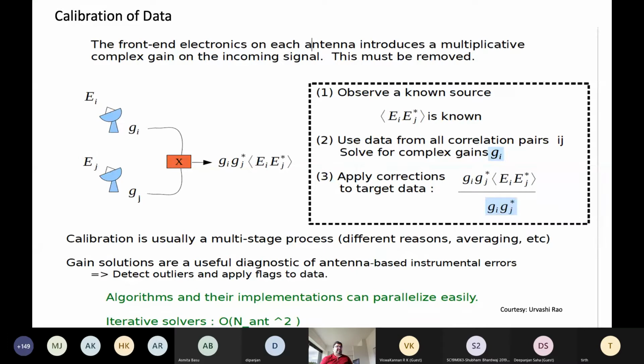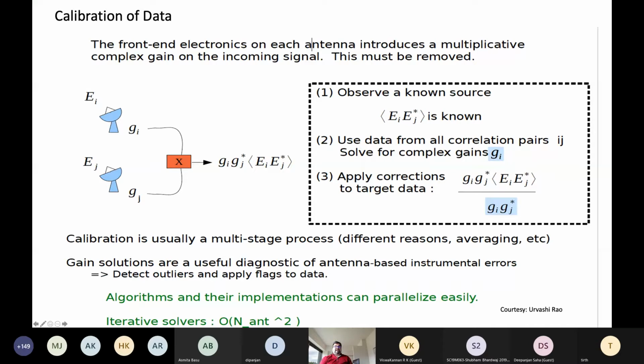So as we collect data from two antennas, we know that it is passing through the electronics of each antenna. No electronics is perfect, so every electronic component will have some kind of a gain, which has to be calibrated and taken out of the system, because we are looking for the absolute flux observed from the sky. So unless we take away the gain, which can vary as a function of time or frequency, we will not be able to do a perfect reduction of what kind of source flux and property we are studying.